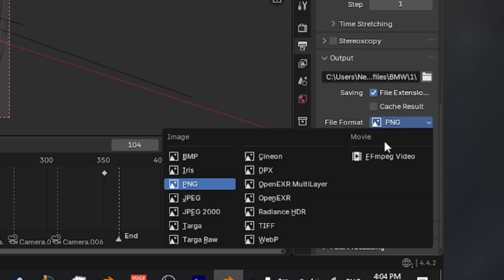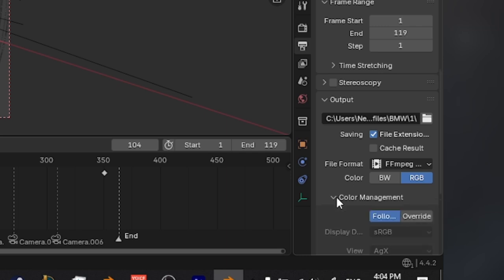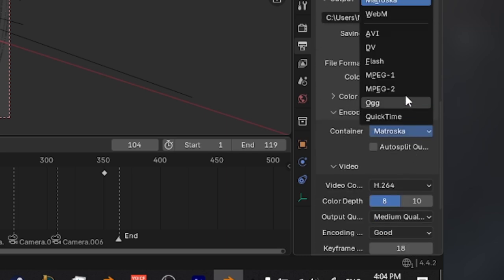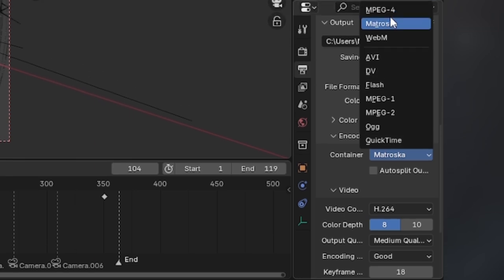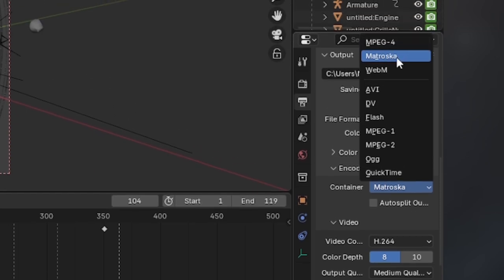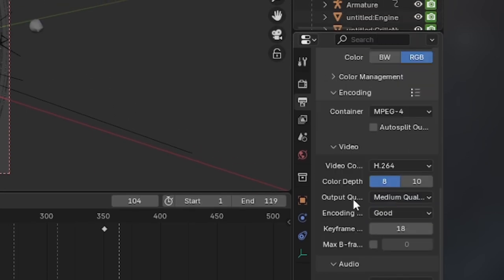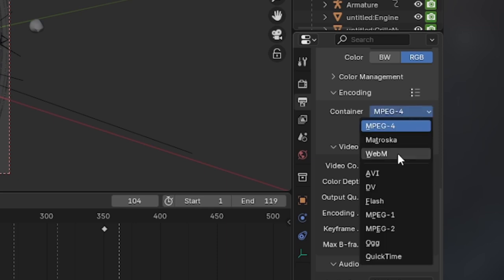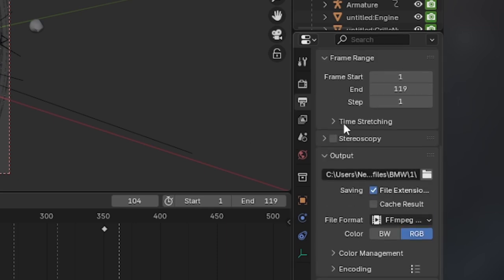For images, you can choose PNG, JPEG, or EXR. If you want to render it as a video, select FFmpeg instead. For example, if I want to export mine as a video, I'll choose FFmpeg and then scroll down to the encoding section. Under Container, you can pick your format. I recommend using MKV or MP4 for most purposes, but in this case, I'm exporting mine as PNG images, so